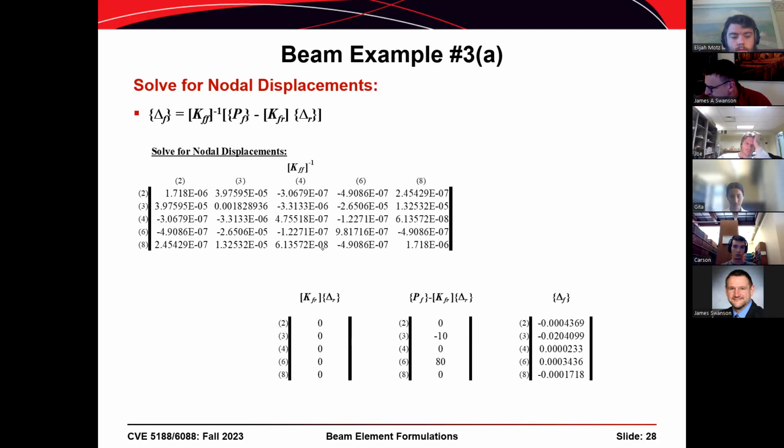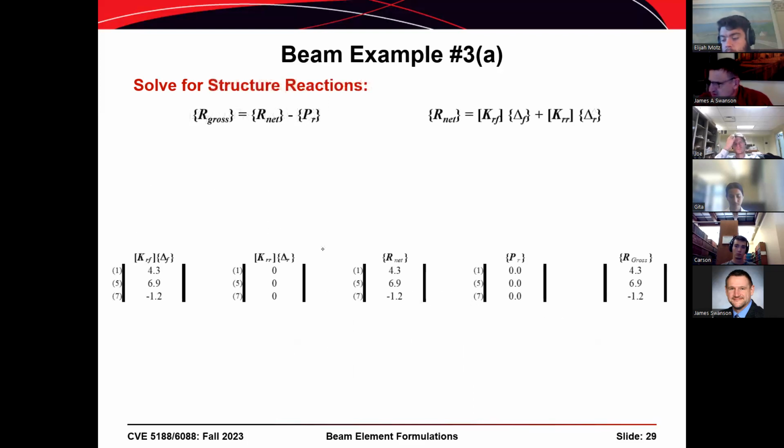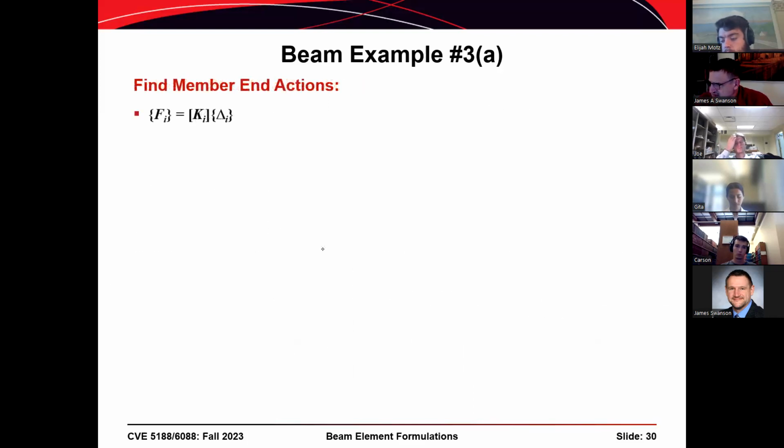And so here are the free displacements at degrees of freedom 2, 3, 4, 6, and 8. What I'll do is bring in the complete displacement matrix that includes the restrained degrees of freedom as well. And this is nice because now I can use a VLOOKUP function to look up the displacements corresponding to the appropriate degree of freedom, or I can use an INDEX and MATCH function pair to solve for the same thing. And so what we do then is we solve for the reactions,